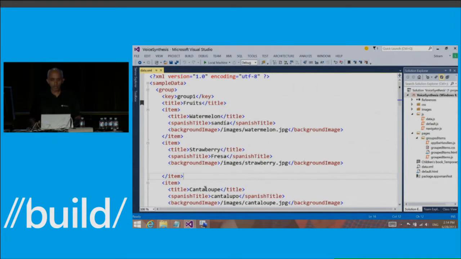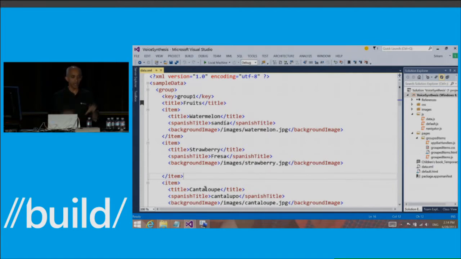So the code here is a Visual Studio project using the JavaScript grid app template from Visual Studio 2013. The default template gets you started on a store app that navigates amongst grouped items arranged in a grid layout that you saw in the demo. The grid view control works with a data source and a template that you define to convert the data items into their visual representation. So in this case,